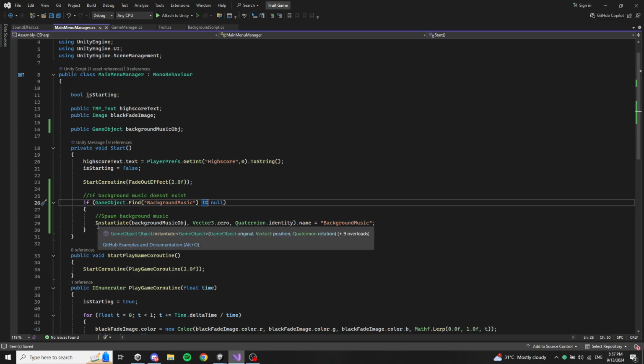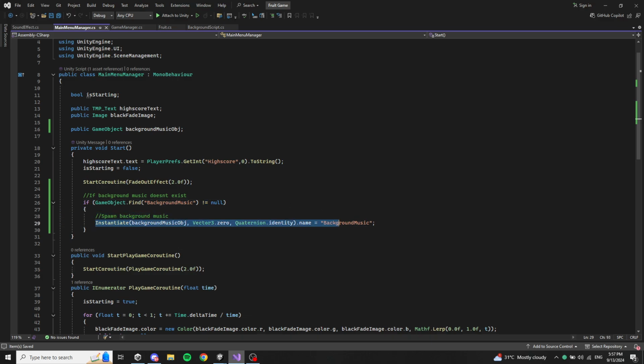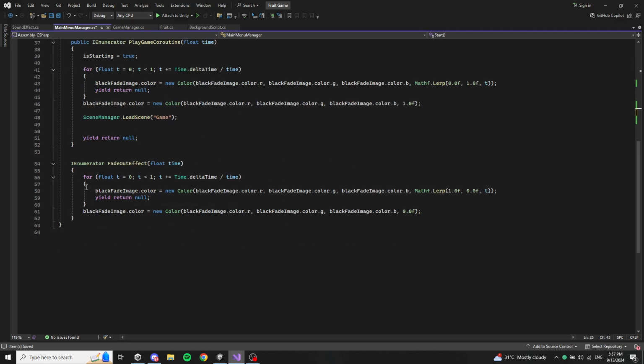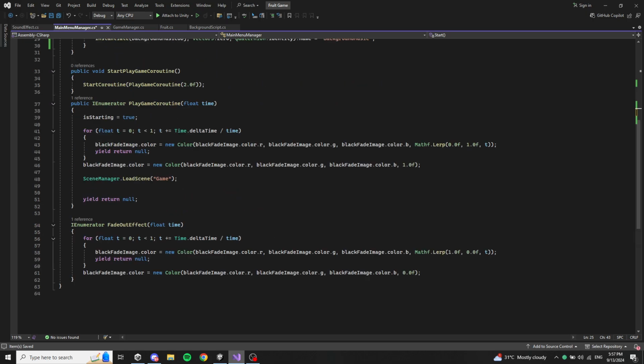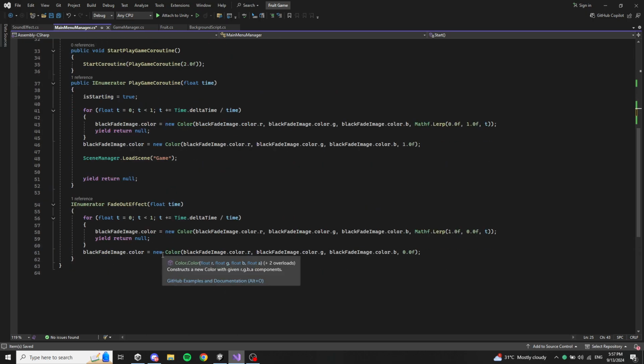You can do that at the same time: spawn the object and modify a property. Okay, so we spawn the music if it doesn't exist, but we set the volume to zero, and here when we fade out,